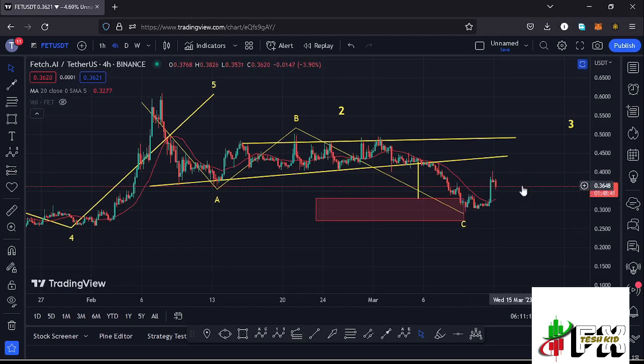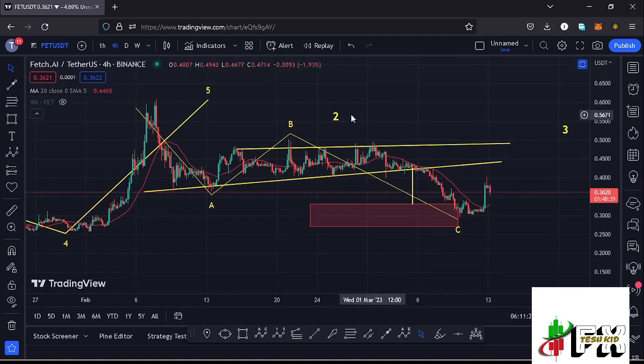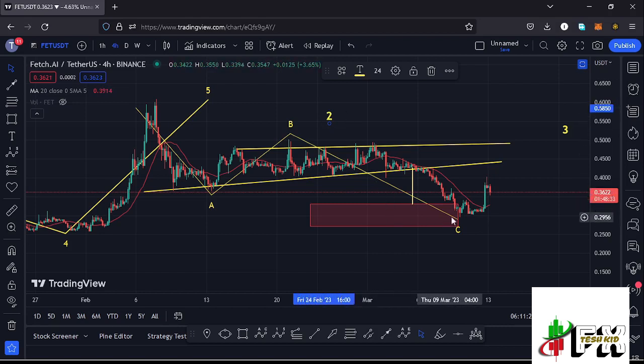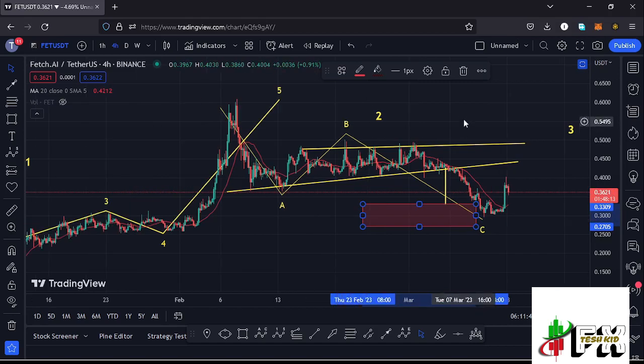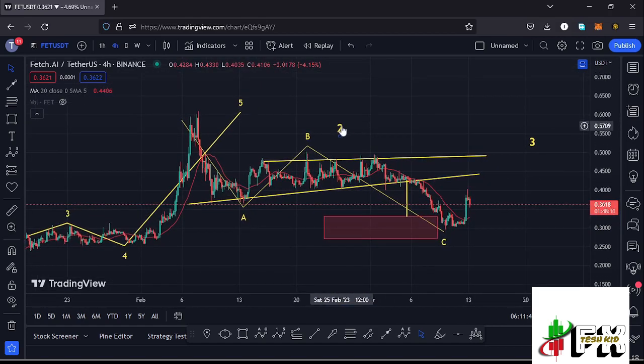We have also continued to obey the Elliott structures, where we had been seeing a bit of a breakdown to the lower side in the formation of these larger Elliott count 2, and I had a minimum retracement area to the lower side within this red target area, which lies between the $0.3308 mark and the $0.273 mark, which is a target area that you have almost fully maximized in a move that gave us a low at around the $0.2981 mark. And there are chances that we might have now bottomed out in the formation of these larger Elliott